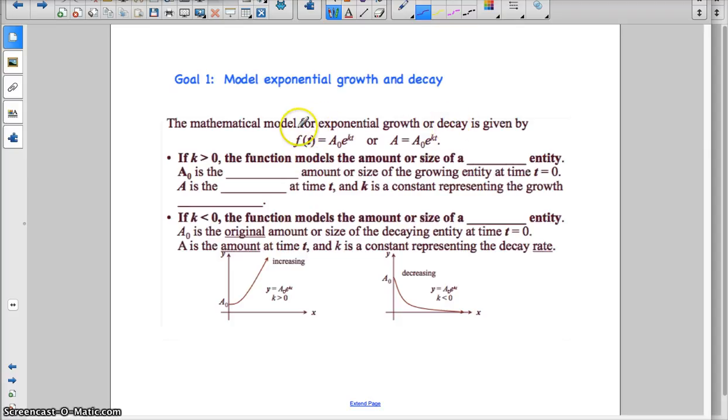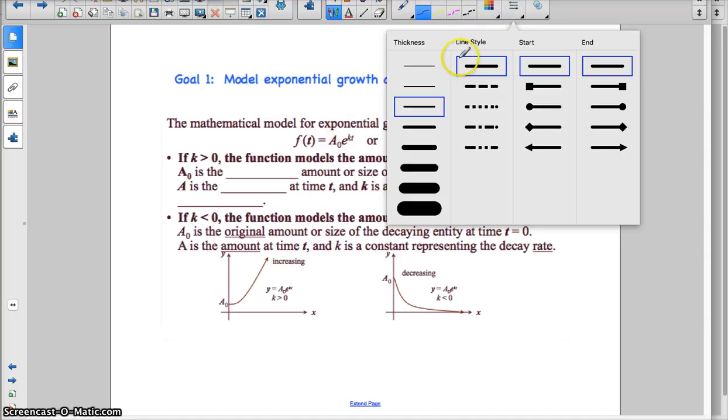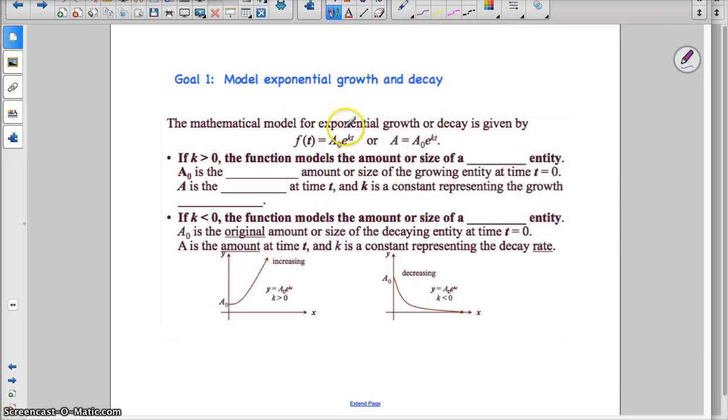So notice that f of t is a function of time. A is also a function of time. We compare this, we have our initial amount compared to our current amount. Let's define the variables a little further. You notice that we have k in both exponents. So if k is greater than 0, the function models the amount or size of a growth entity. So if k is greater than 0, positive 1, positive 2, positive 3, and so on, we have a growth